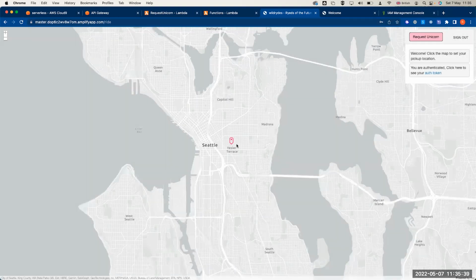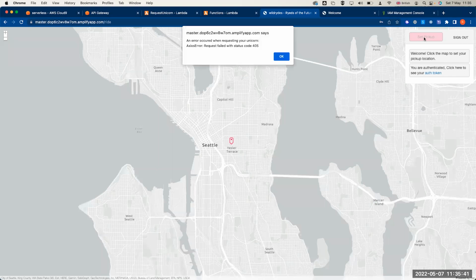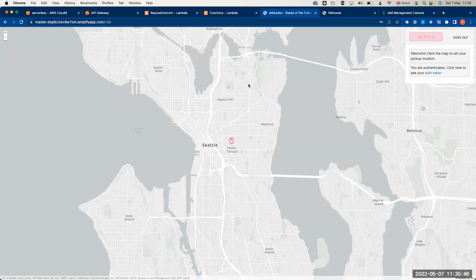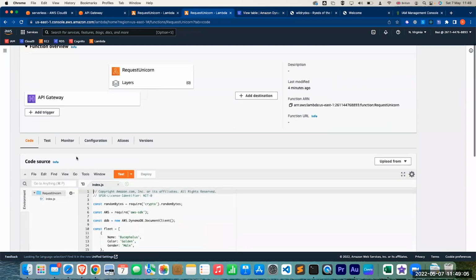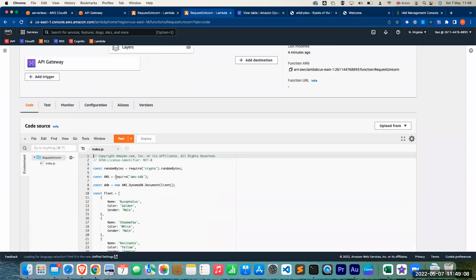And you can see now I have a new authentication code. I could basically request a unicorn ride. We will see now why this error is. I will tell you a bit more about it, but we can see that everything is fine up to this stage. So if you reach this point like me and you go to your Lambda function,